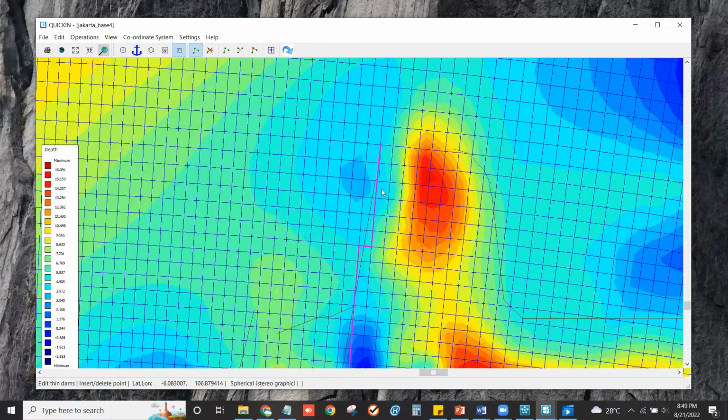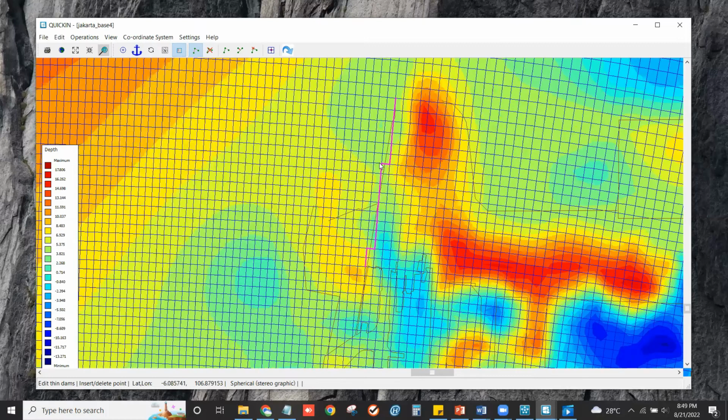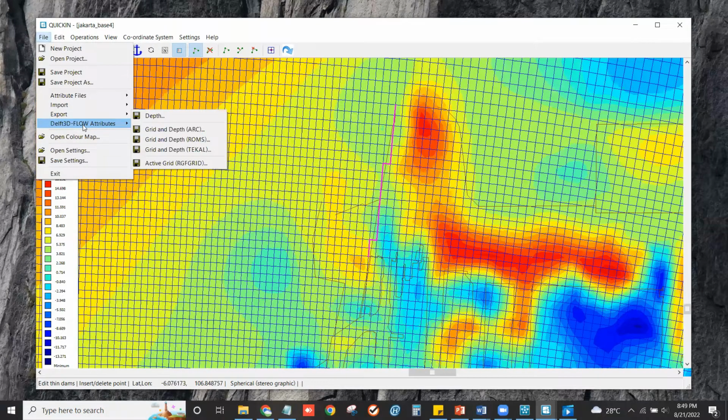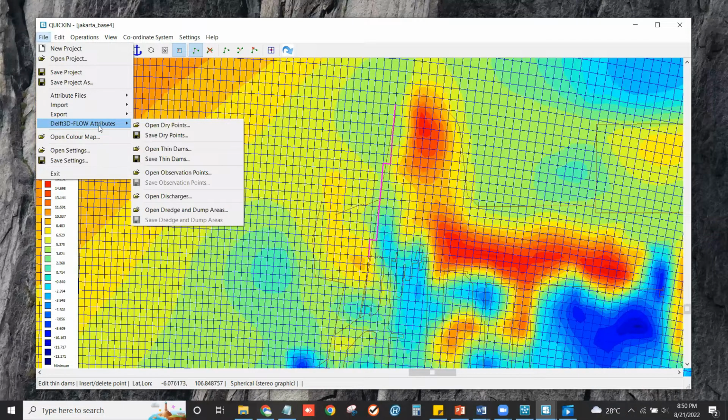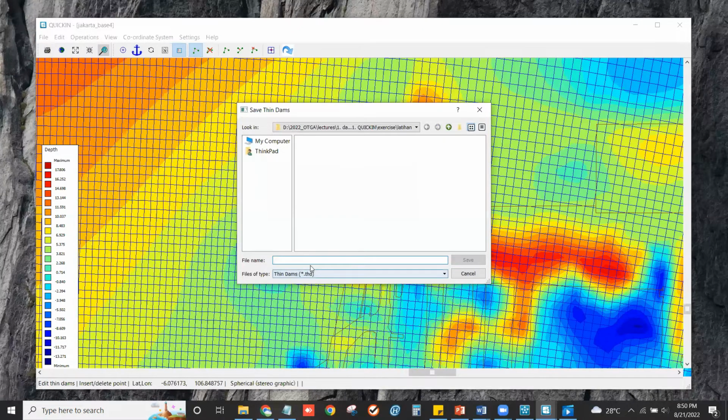Okay, like this. You can save it: click File, Delft3D Flow Attribute, and save Tindem. I will rename it. The file type is .txt.